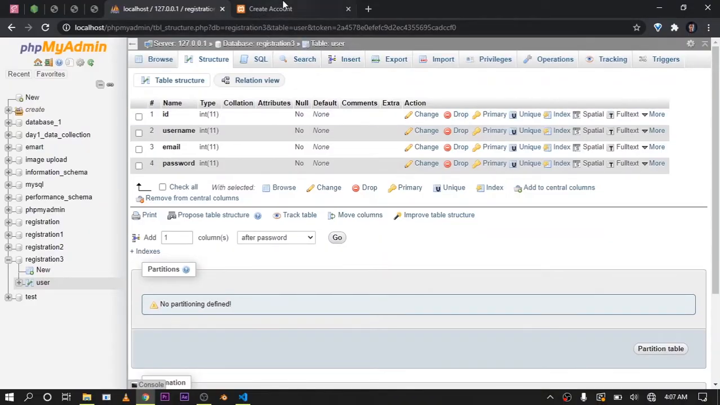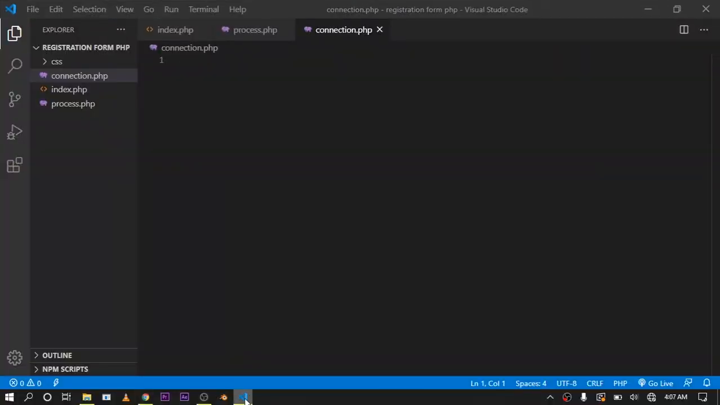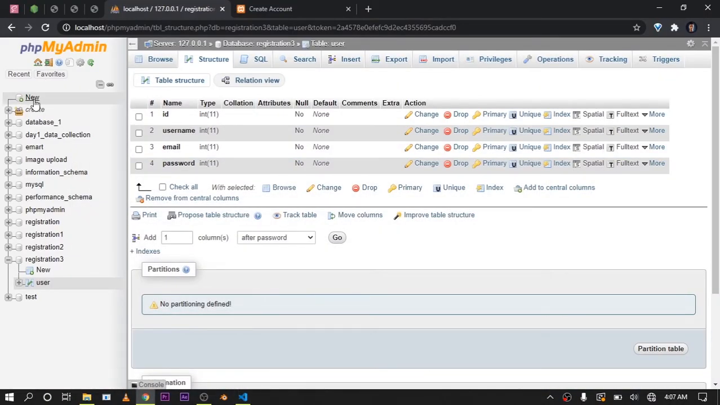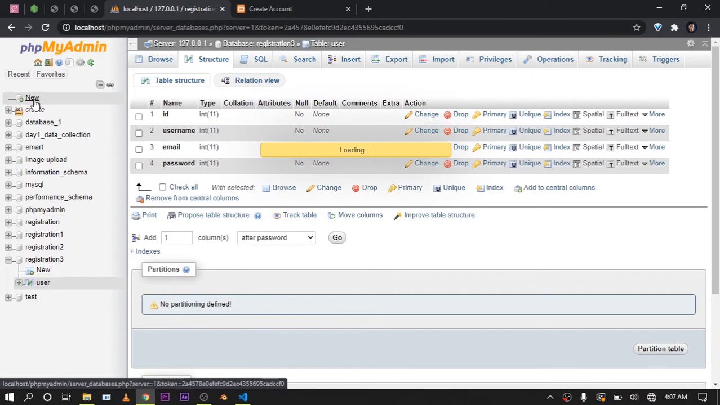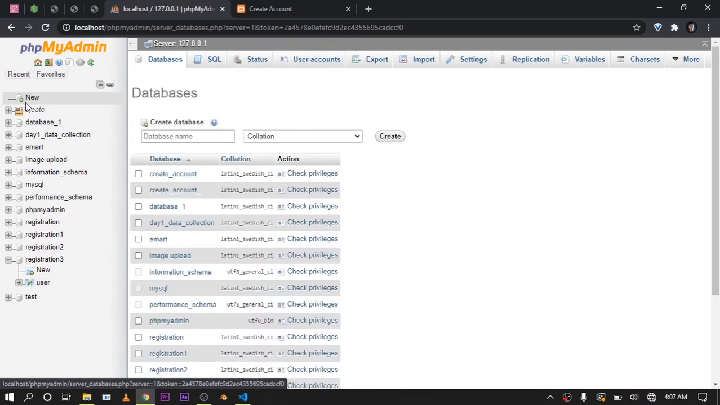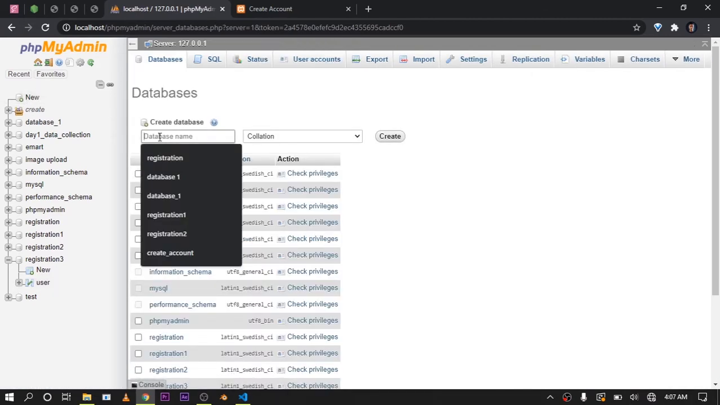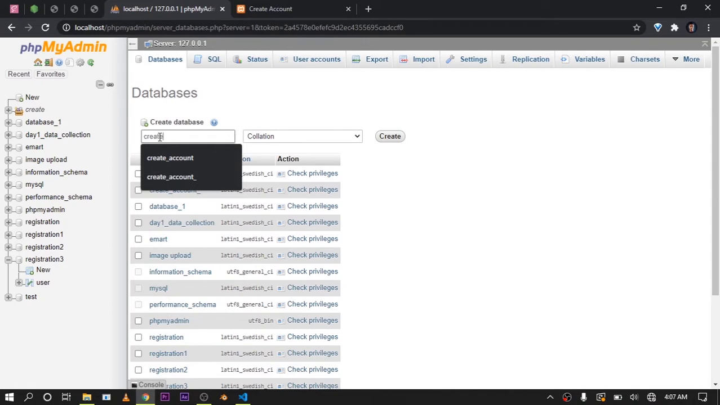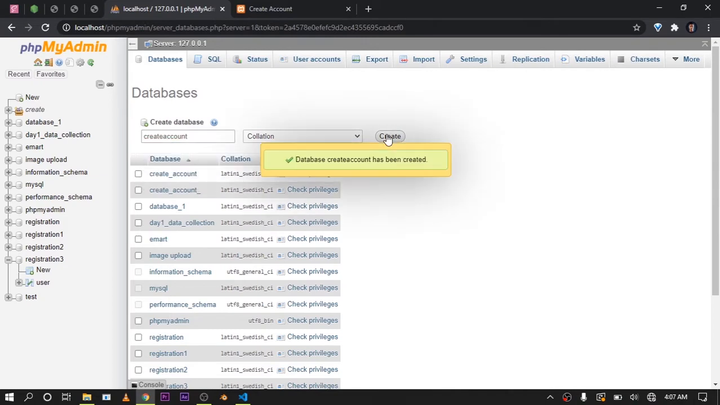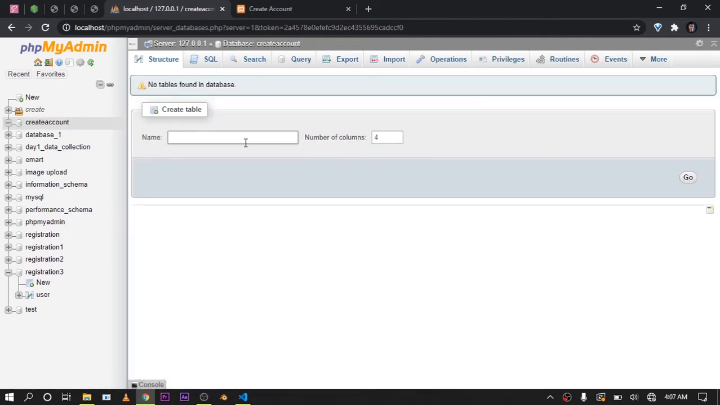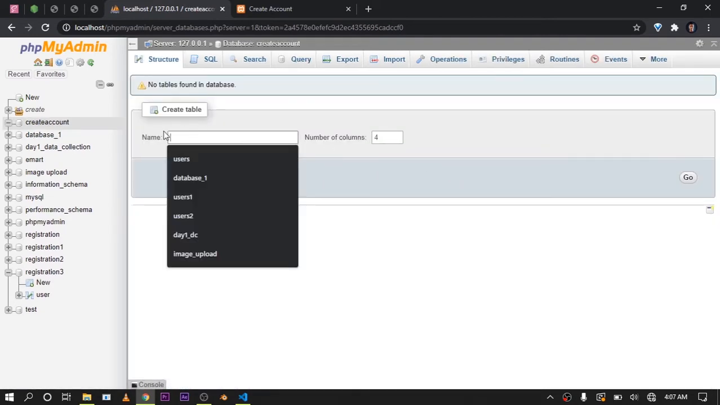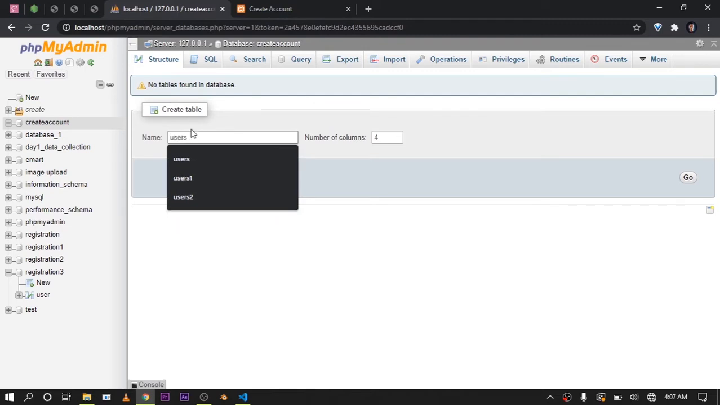Before we jump into our Visual Studio Code and start writing some code, let us first set up the database table. Just click on new and let's give it a database name of create account and click on create. So the database connection account has been created. Then let's give the table a name of users